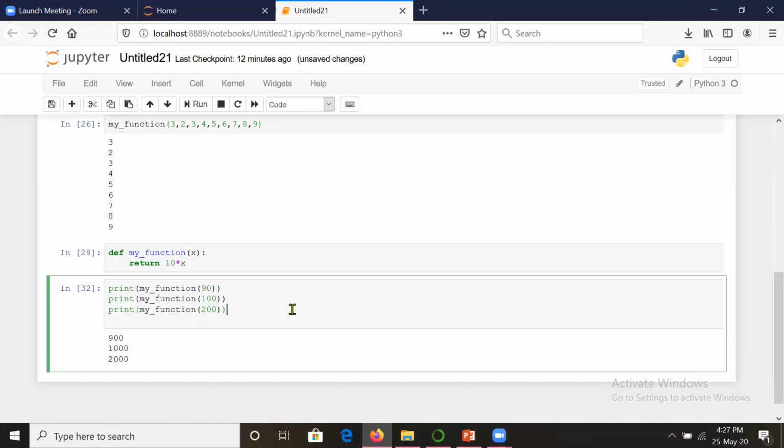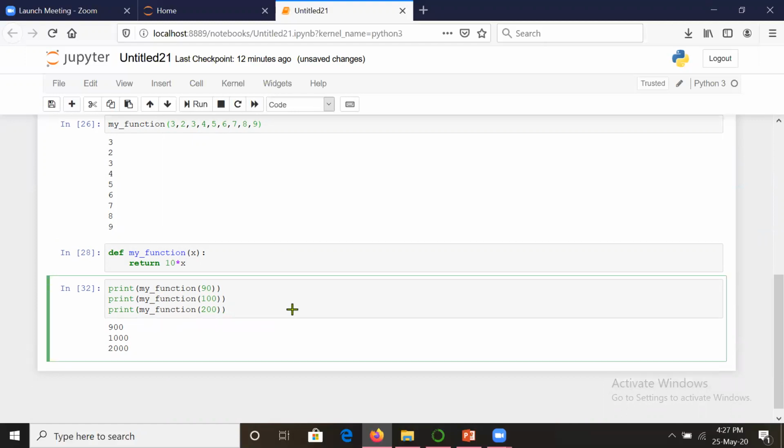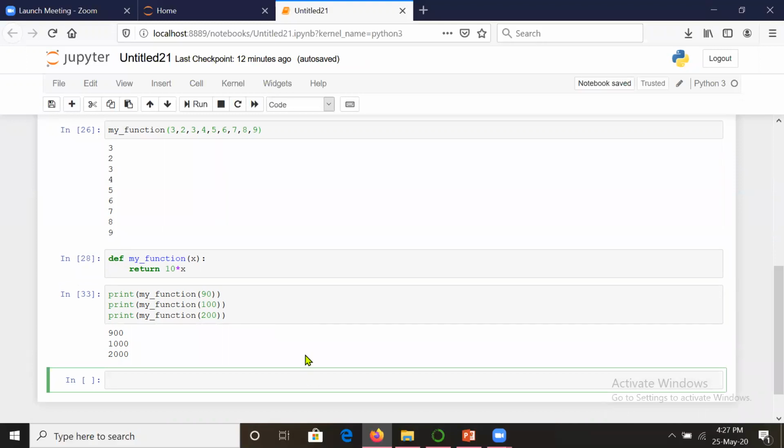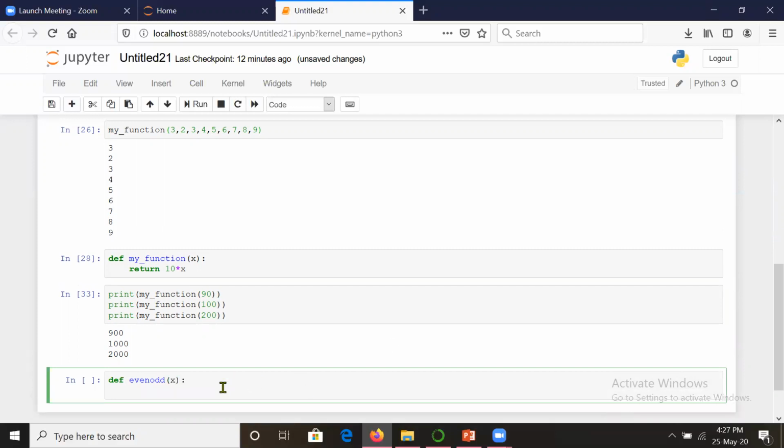So in order to get more ideas clear, let us do one more function which will tell us whether a number is even or odd. Suppose I write the function even odd, taking x, and we will just print whether that particular x is even or odd. So what we'll be saying is, if x modulo 2 equal to 0, then print it's even.